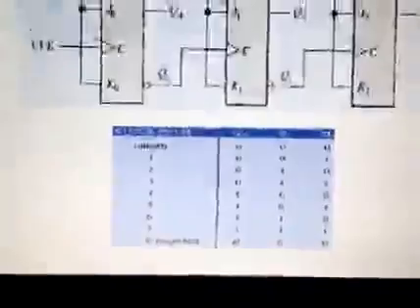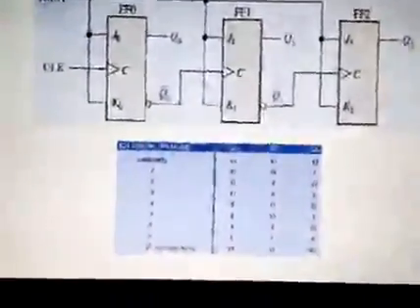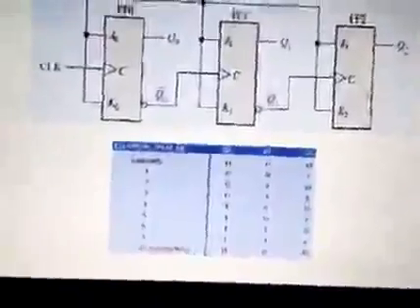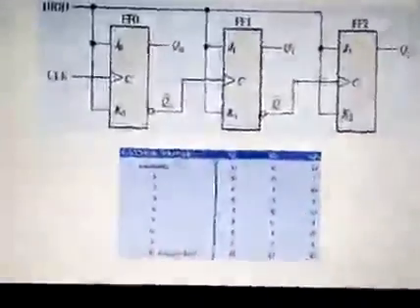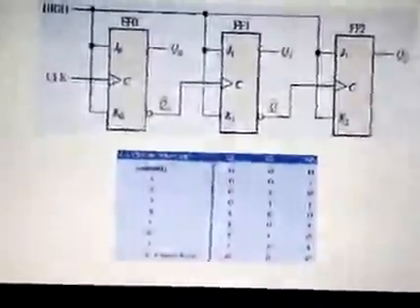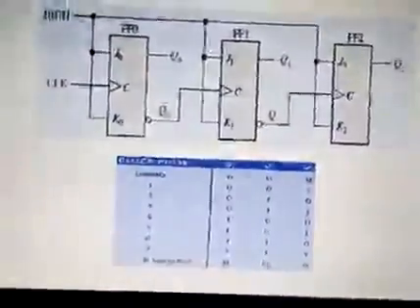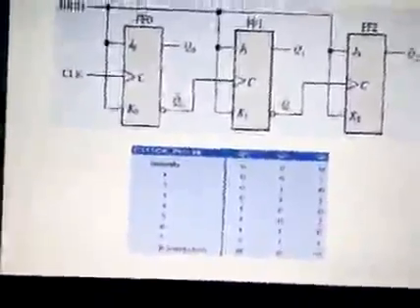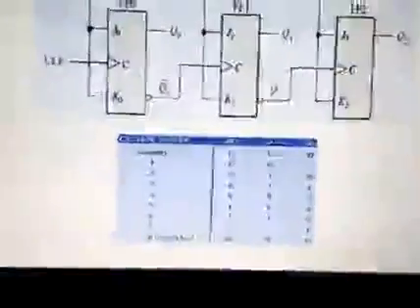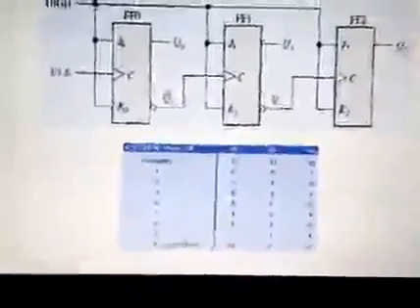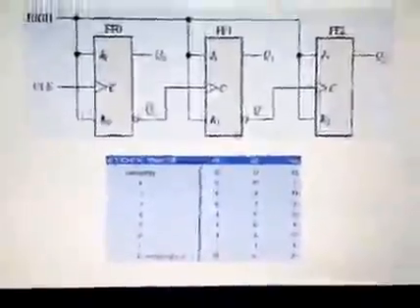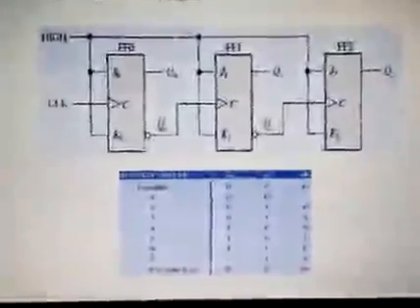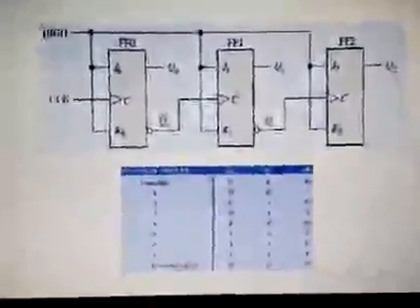Then we apply the first clock pulse. The output of flip-flop 1 continuously toggles because an external clock pulse and data input are applied. Flip-flop 1, FF0, continuously performs the operation, and flip-flop 2 operates on alternate conditions. It operates when the transition goes from 1 to 0, which means a suitable clock pulse is applied and the data input is received, so it is in an on condition and gives the output.